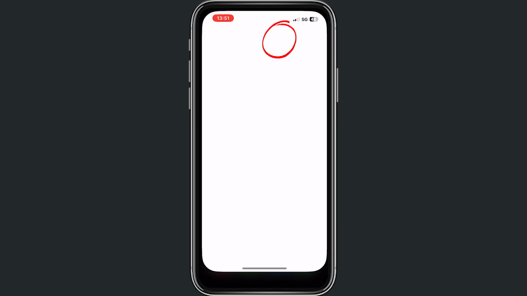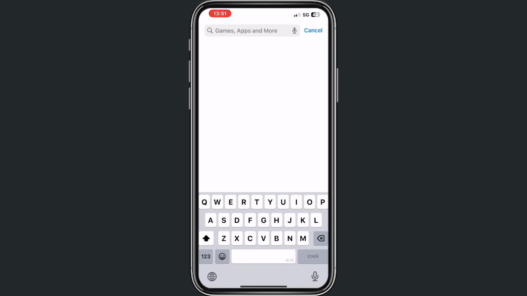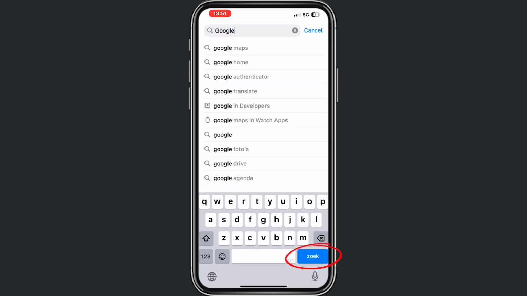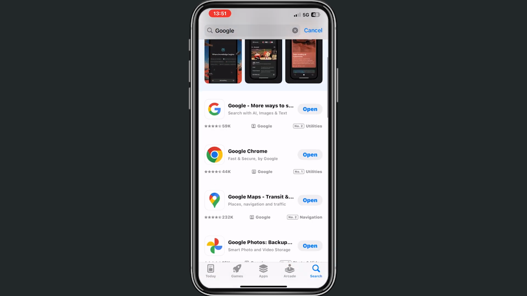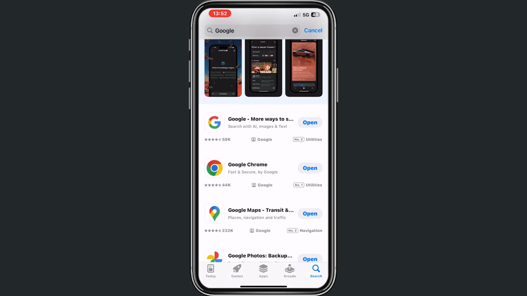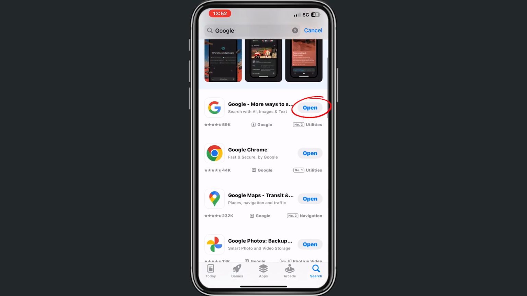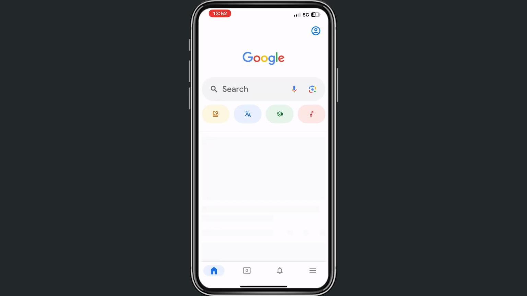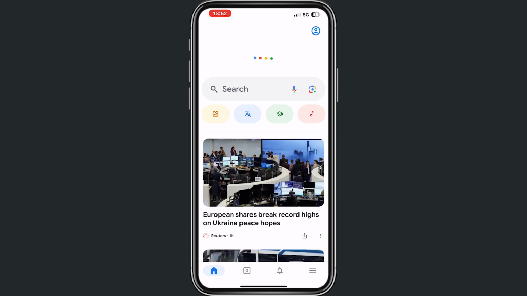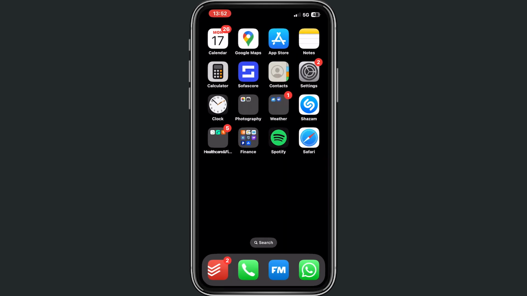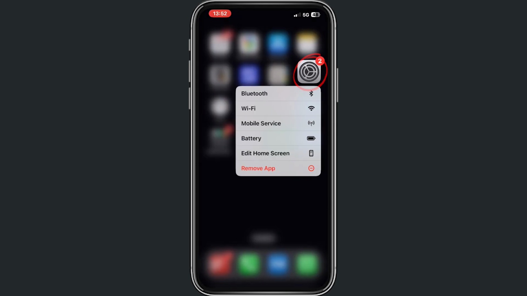The first thing is go to App Store, search here for Google, search, and make sure that you downloaded the Google app here, the most upper one, and make sure that you open this app for, let's say 3 seconds like this. Then we throw it away, and then we hold an app on our background, and then we do